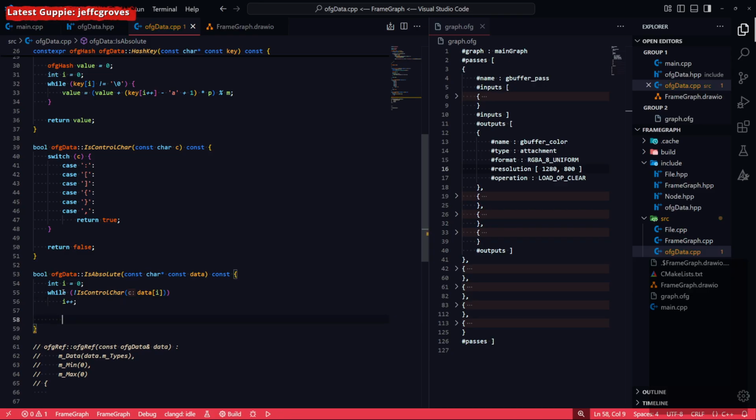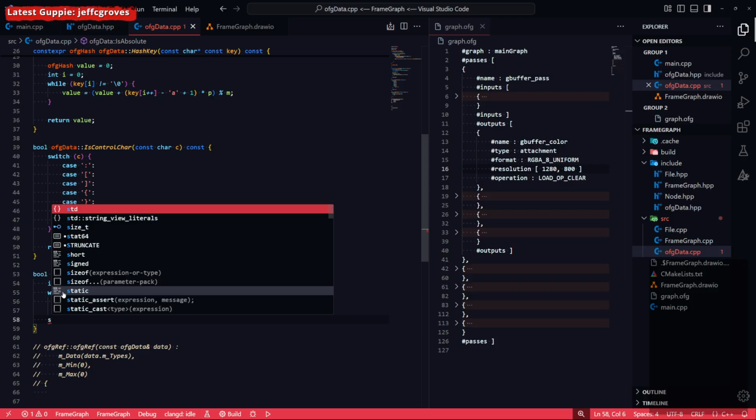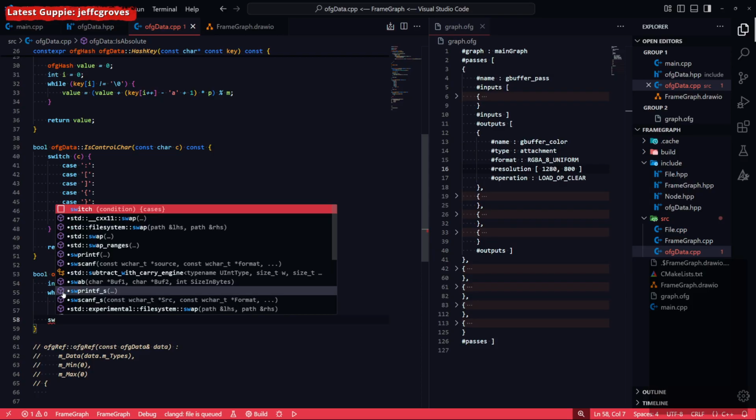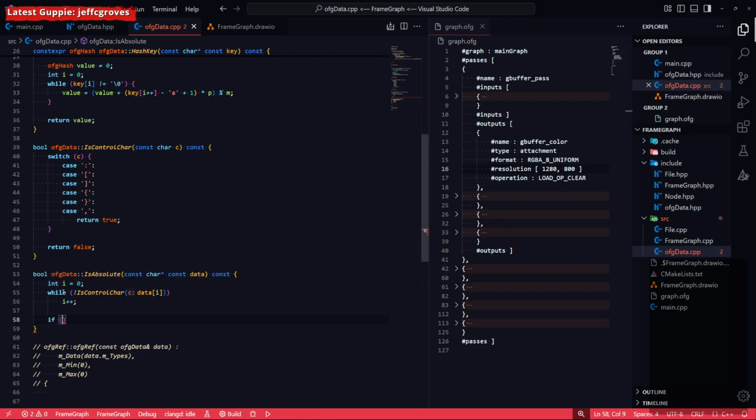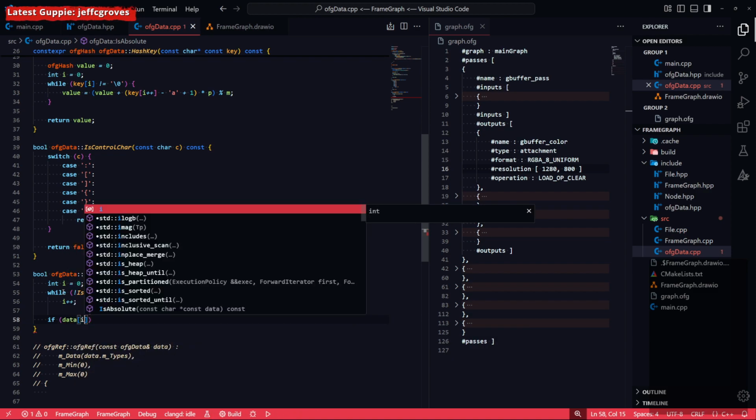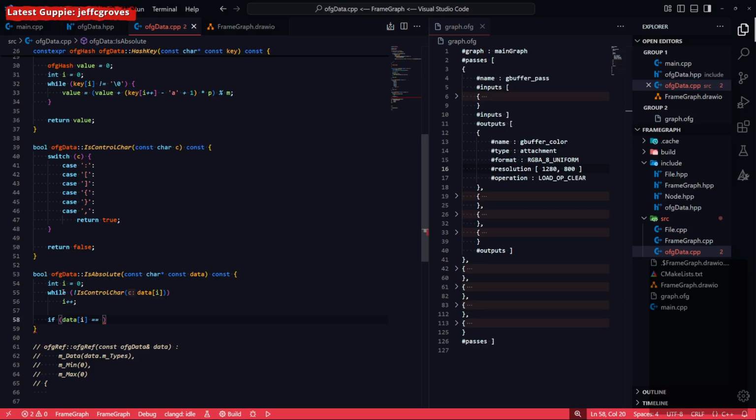That's basically all I need to do because I want to hit the next control char. And then I can say basically if data at i is equal to